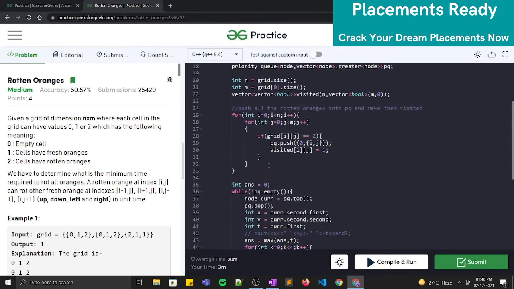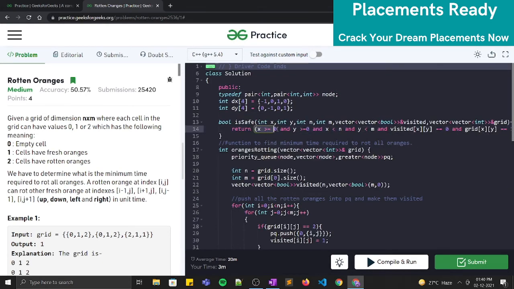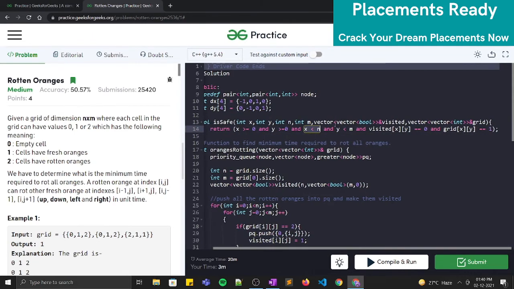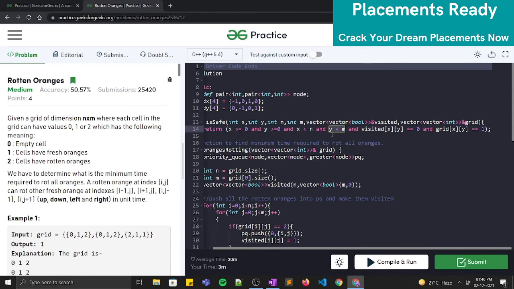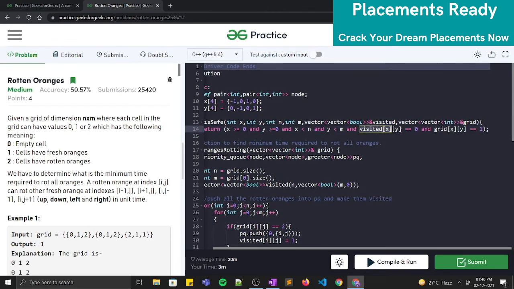Now let's see what the safe function is. isSafe basically returns whether the new x is in the range of the grid. So x should be greater than or equal to 0. Similarly, y should be inside the grid. So y should be greater than or equal to 0, x should be less than n, and y should be less than n. Now it should not be visited,